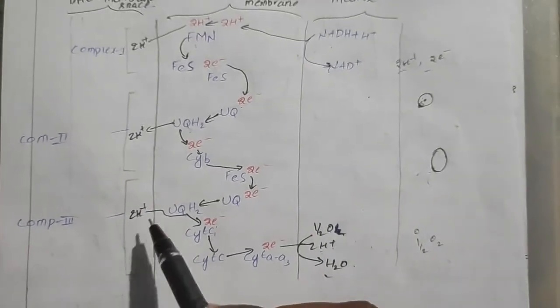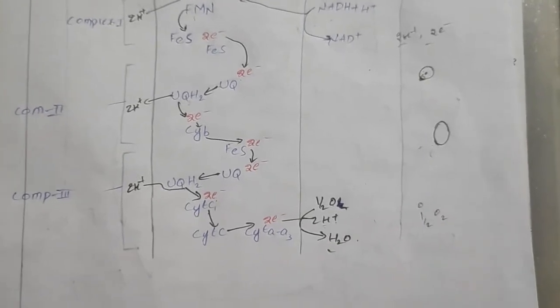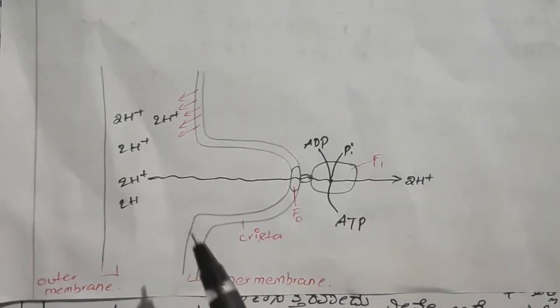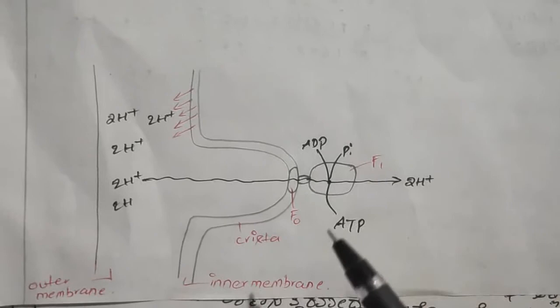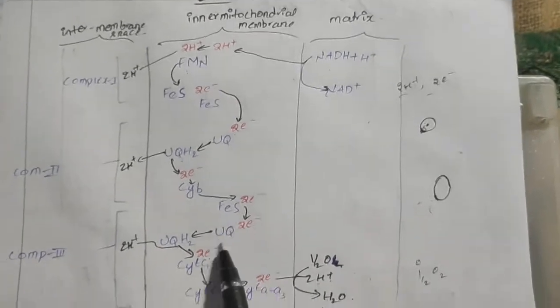How? By using these protons and electrons, we get ATP, and that step is oxidative phosphorylation. See, this is the step of oxidative phosphorylation. Imagine this is the inner membrane of mitochondria. See, this is the inner mitochondrial membrane,